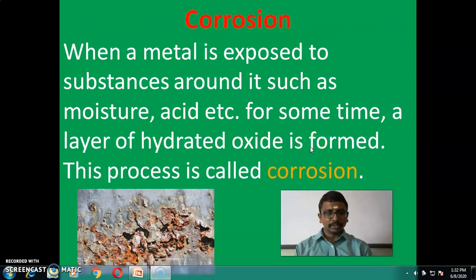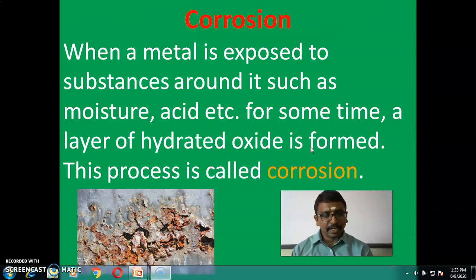This process is called corrosion. When a metal, say silver or any metal, is exposed to some substance, that is moisture, meaning water, H2O, or any acids, hydrochloric acid or sulfuric acid, for some time,